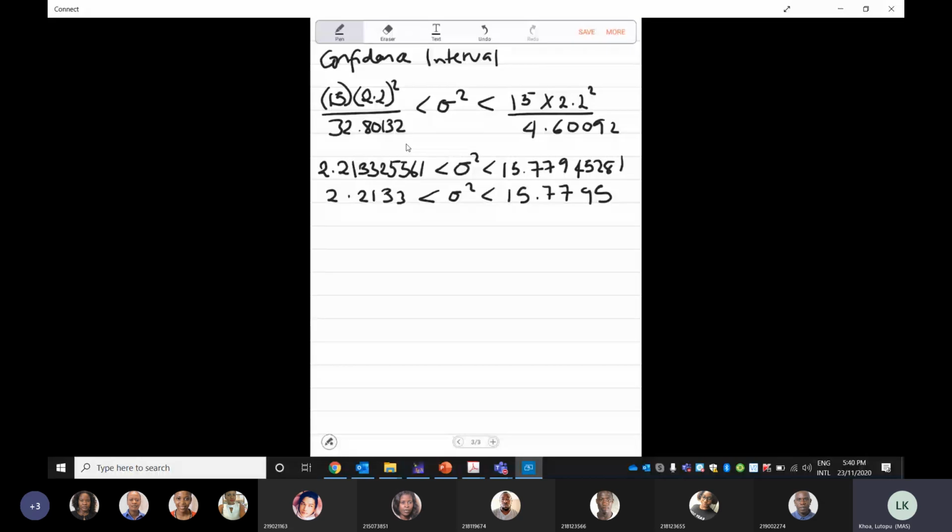So you can phrase it a little bit differently as long as you state those key things. You're 99% confident, the true variance, and these are the values that it lies between. You can say we are 99% confident that the true variance